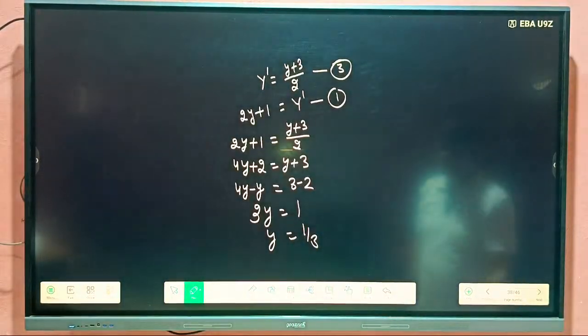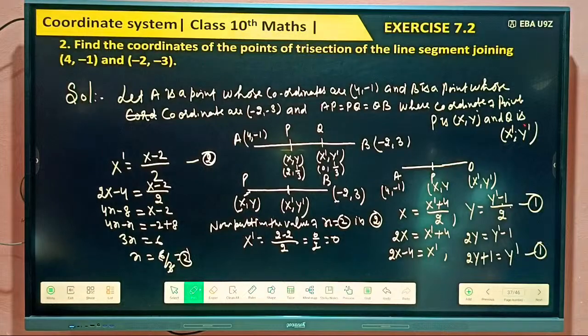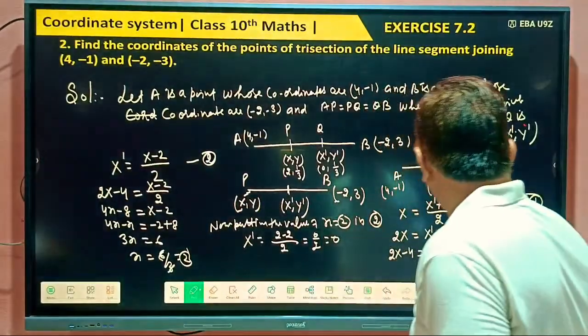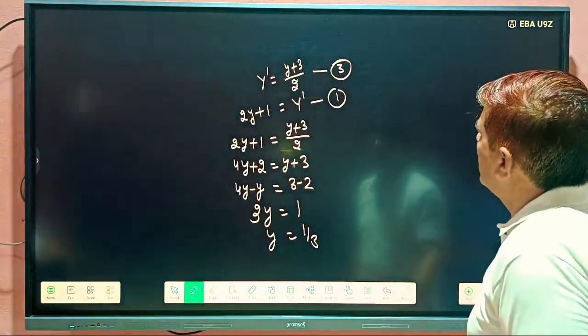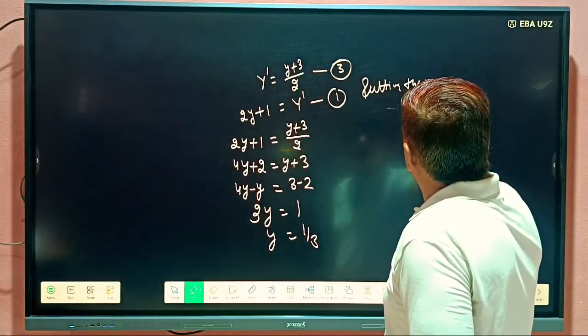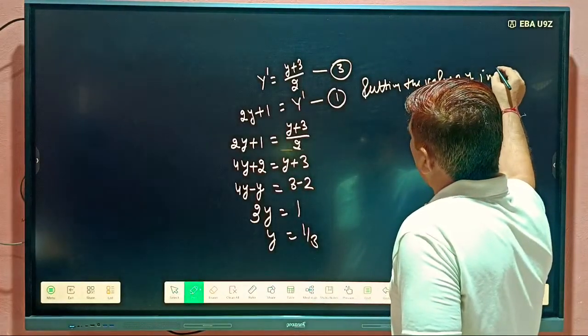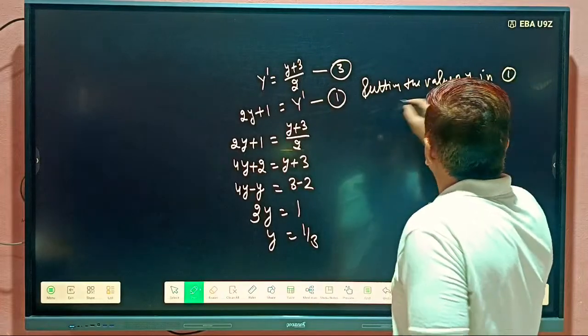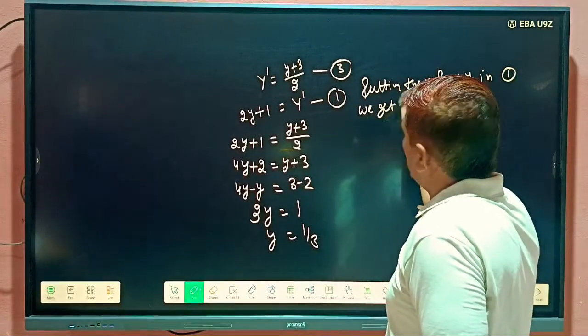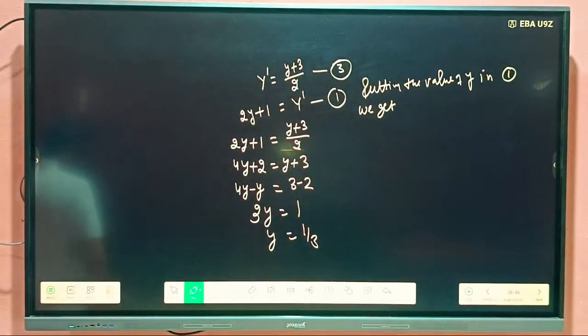And similarly, by using this, what can we find out? Easily we can find out y plus 3, this. Putting the value of y in what? First, we get what? Easily we can tell. So here,